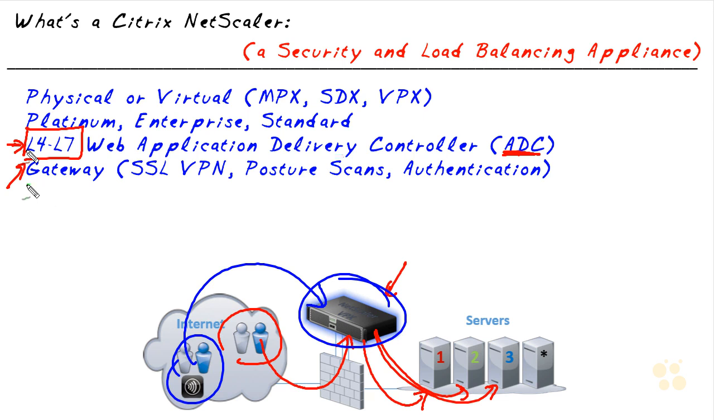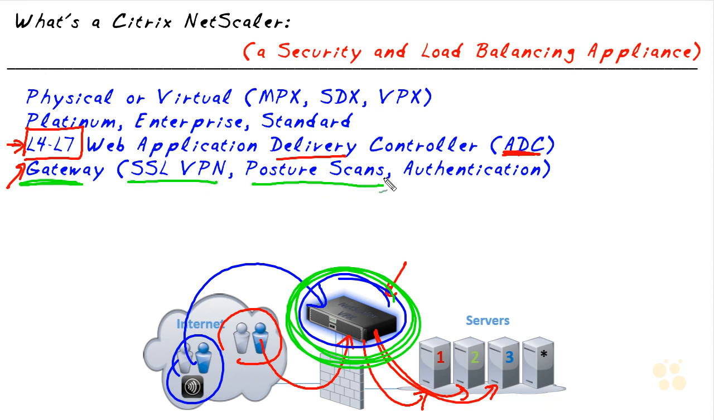and on the NetScaler gateway side of the house, again, we're still talking about this one box that has both those functionalities in it. It can do the SSL VPN, it can do pre and post authentication scans to make sure that client computers, before we allow them to connect to corporate resources, meet certain requirements that we've defined, and that can be